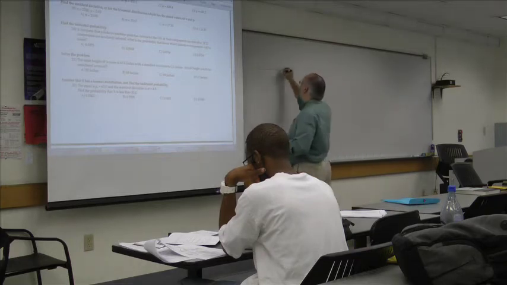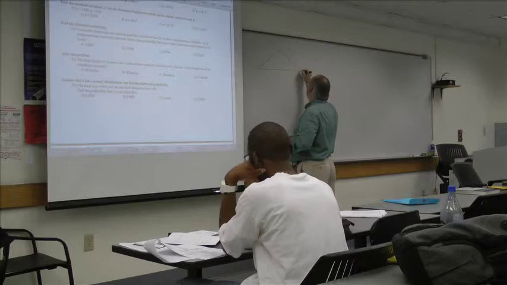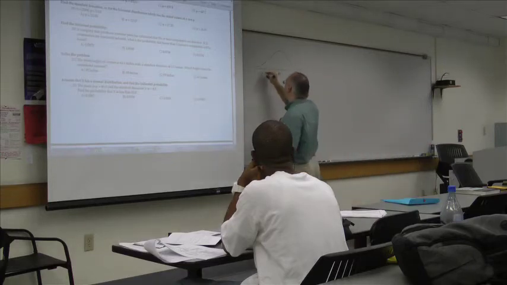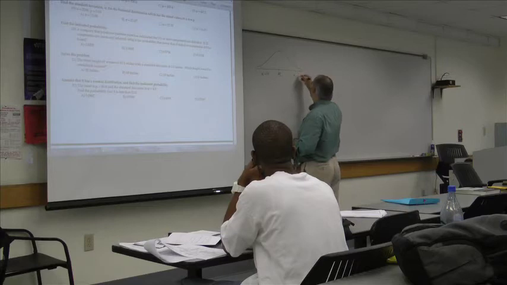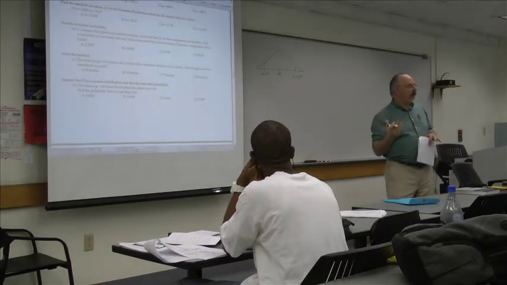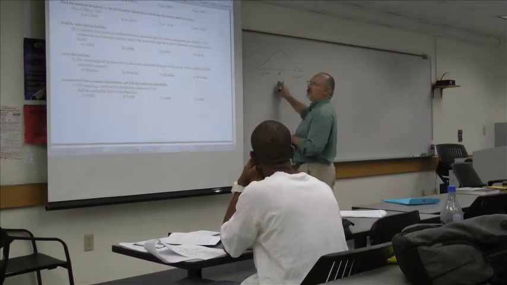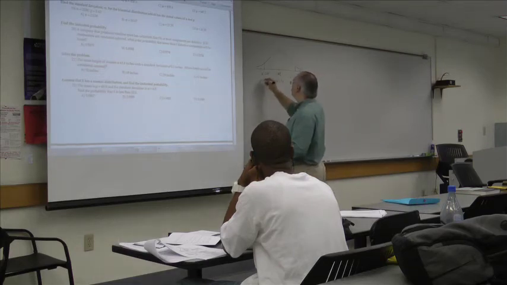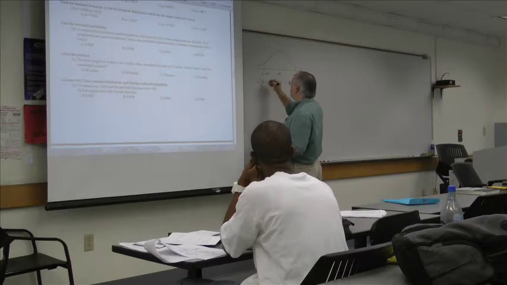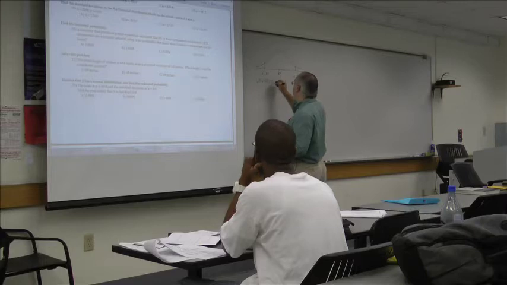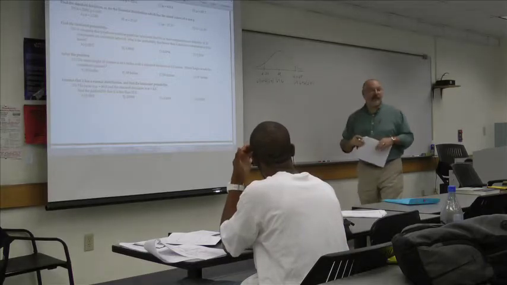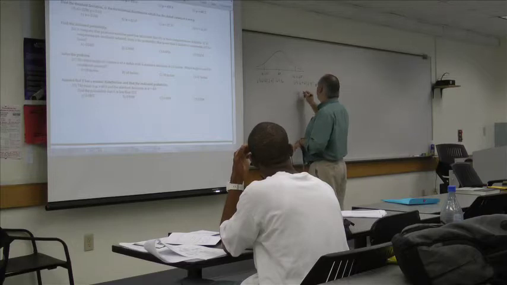So remember that on a normal distribution, if you have the mean in the middle, then the range of usual values is the mean minus 2 standard deviations to the mean plus 2 standard deviations. Anything outside of that would be considered unusual. So this is 63.6 minus 2 times 2.5, and 63.6 plus 2 times 2.5. Well, 2 times 2.5 is 5, so this is going to be 68.6